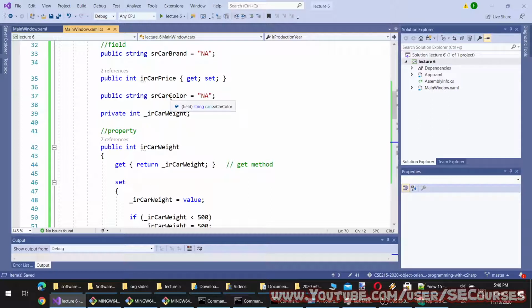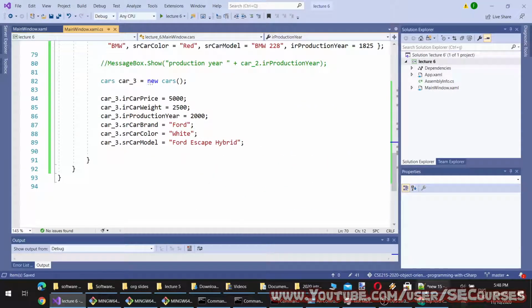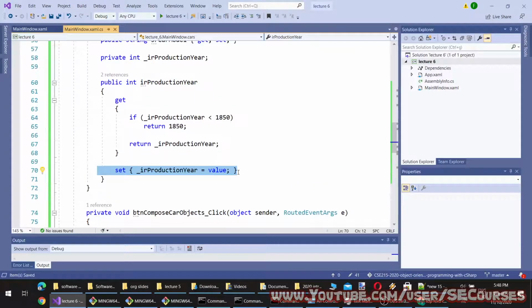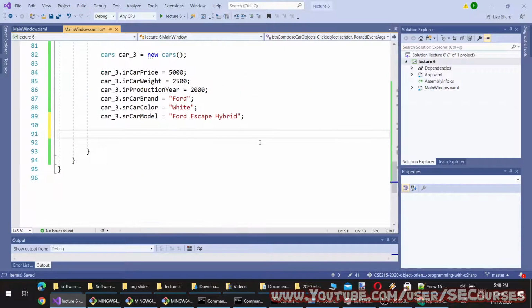I cannot modify how to get it or set it, and this is the difference. There can also be other differences in iteration or such things. Then I am going to compose a list of cars like this.